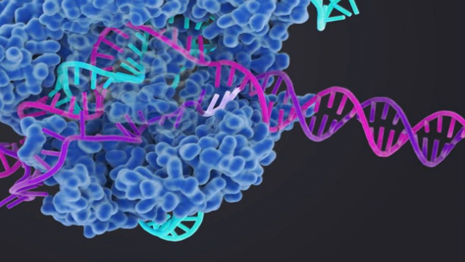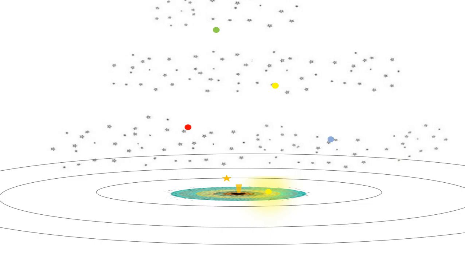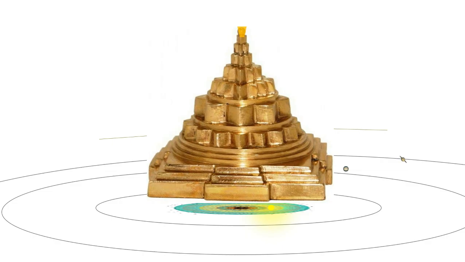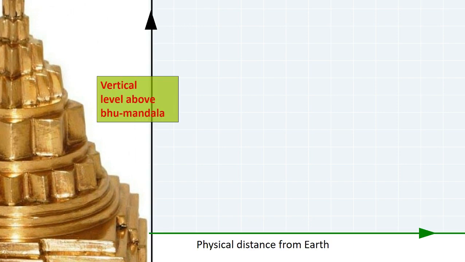Now, let us briefly return to the upper part of the universe. It's described that within Bhumandala's concentric rings there are realms with mountains surrounded by various exotic oceans, populated by cultured people. The three-dimensional yantra, the Mahal Meru, shows how those planets are actually vertically placed higher up than the Earth. The Graha planets of the solar system are lower, but are connected to them. Let me explain that briefly. There's Mahal Meru there on the left, and here's a graph. The horizontal axis shows the physical distance from Earth. The vertical level above Bhumandala is the vertical axis.